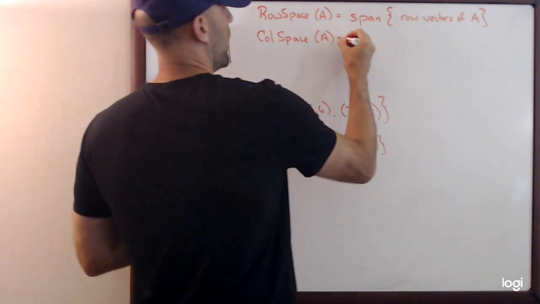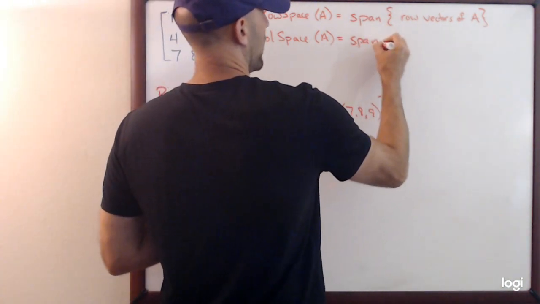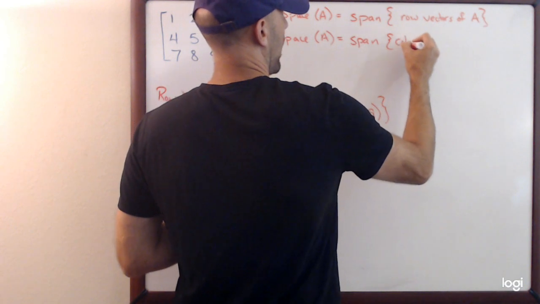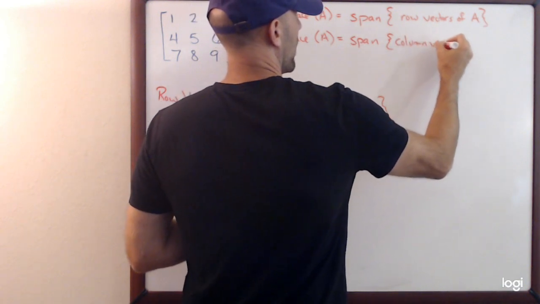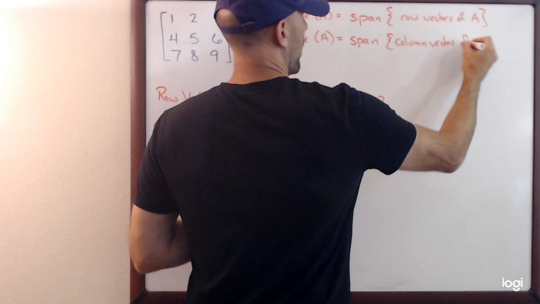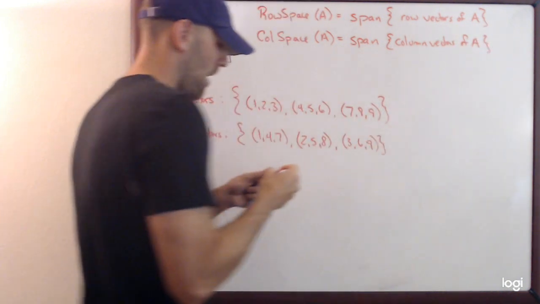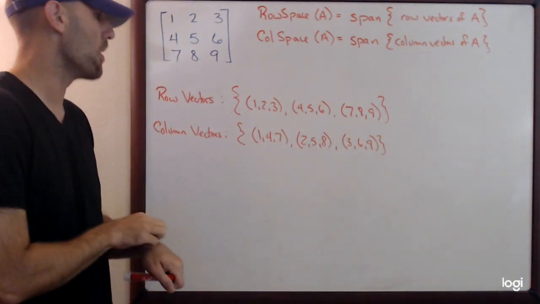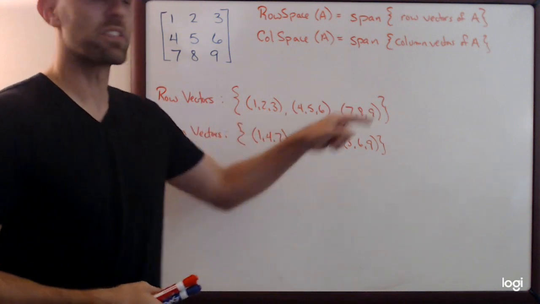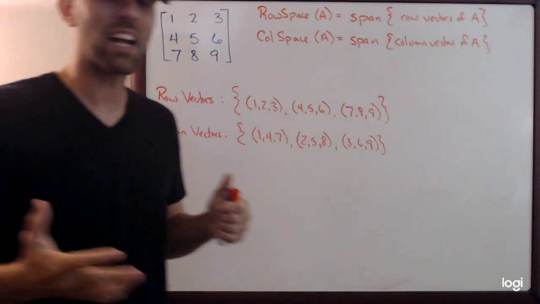But again, that's just the span of the column vectors of A. Now, that's nice. If I wanted it, couldn't I just put span in front of this collection and that would work? And yeah, I could, but